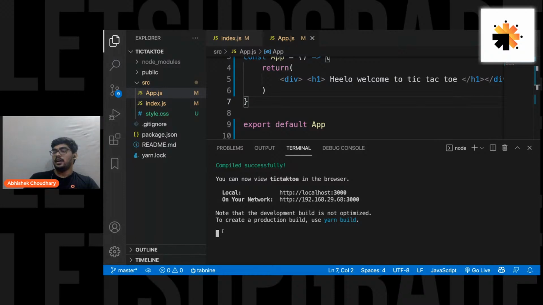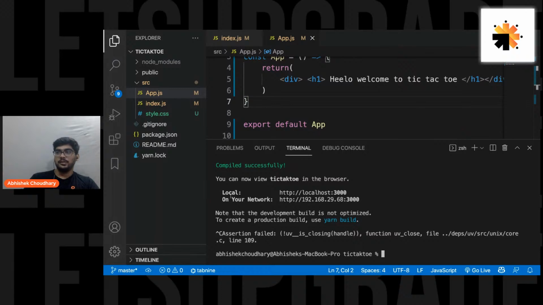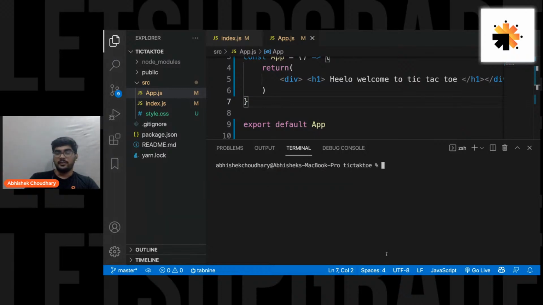So now let's see how to do it. Let's first stop it with Control C. What will Control C do? Control C will stop this. If you want to clear it, use Control L, right? Now let me write it here. How to install this? npm, then you can write